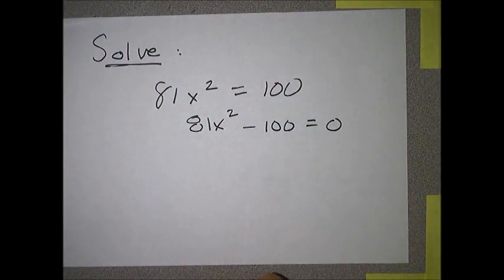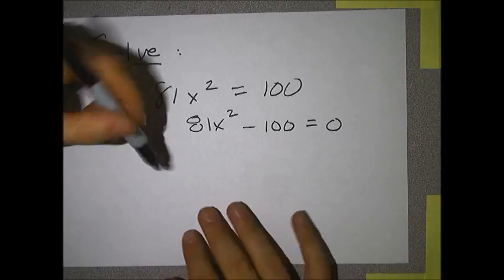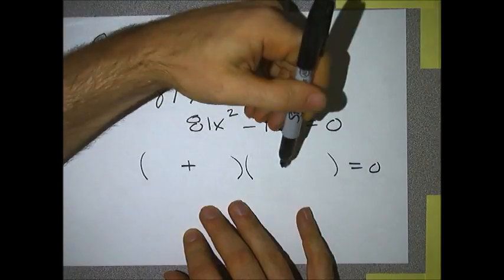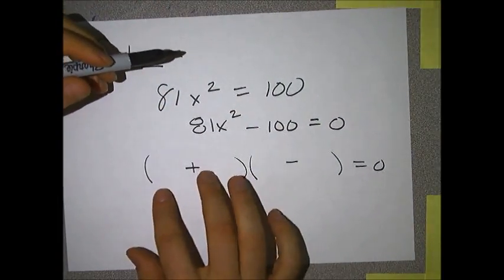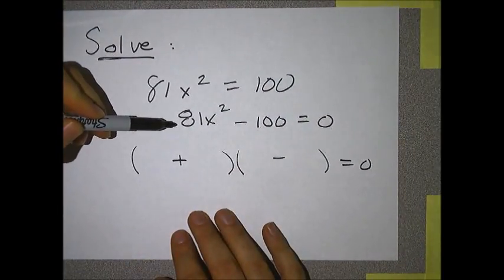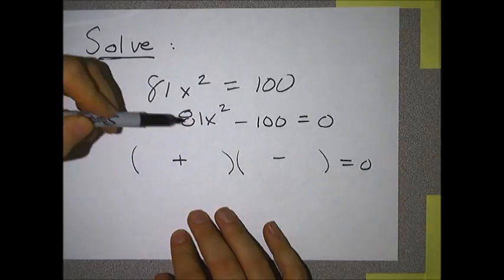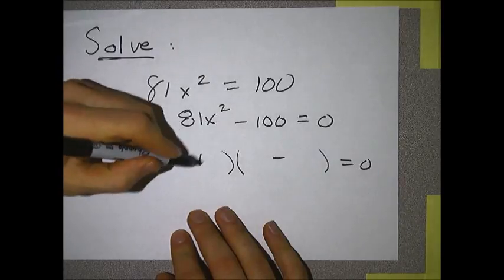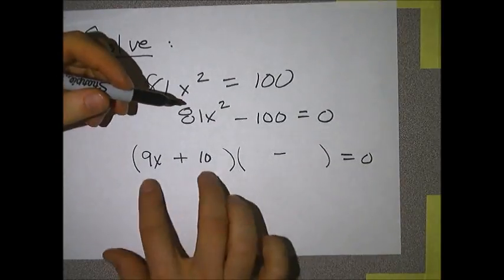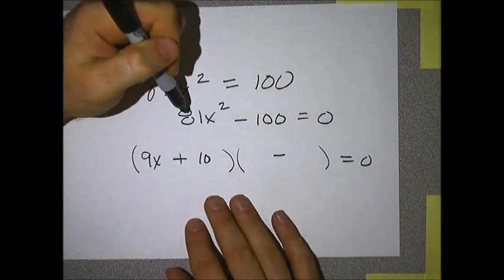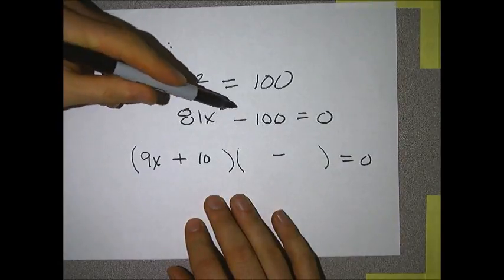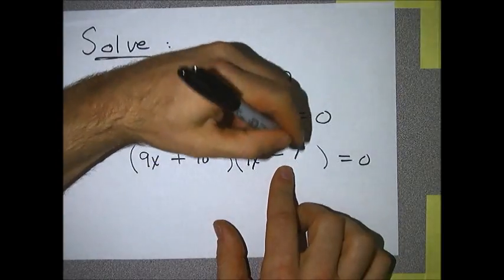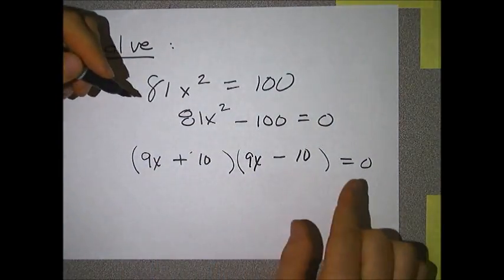So this one is difference of squares, and when you have difference of squares, it's going to be the same thing with a plus, and the same thing with a minus, and this same thing is found by taking the square root of the front and the square root of the back. So the square root of the front is 9x, and the back would be 10, and it's going to be the same thing in both. So we square root the 81x squared to get 9x. The square root of 100 is 10, one plus, one minus, so 9x plus 10, 9x minus 10,